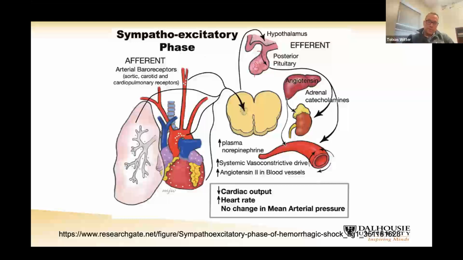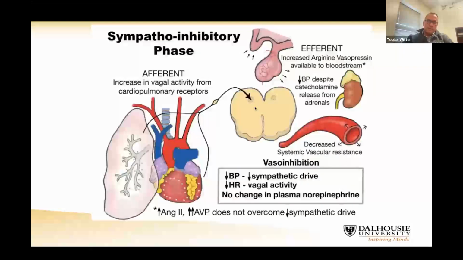And that's part of the reason why clinically these patients are all, when you touch them, they're all cold, clammy, and just feel not nice, because they are focusing or redirecting the majority of their blood flow to the vital organs. However, this sympathoexcitatory phase doesn't last forever. It's going to give way to the sympathoinhibitory phase, where the central stimulation by the pituitary gland goes away. We no longer release the amount of catecholamines we have released before. This is partially compensated with an increase in vasopressin release,